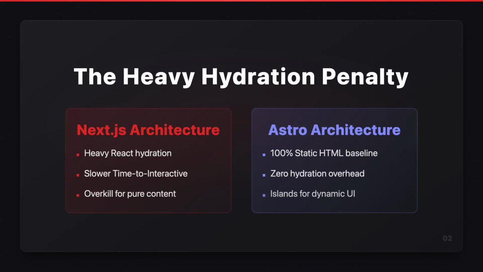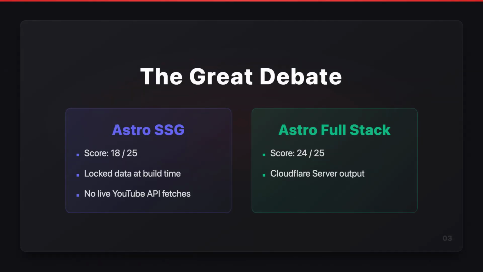Our initial problem revolved around the heavy hydration penalty. While Next.js is incredibly powerful, it defaults to a heavy React client-side hydration model. When you are shipping a pure content and tutorial platform, pushing that much JavaScript to the browser is a massive overkill. To fix this, we pivoted to Astro, but we faced a massive architectural decision: pure static site generation, or